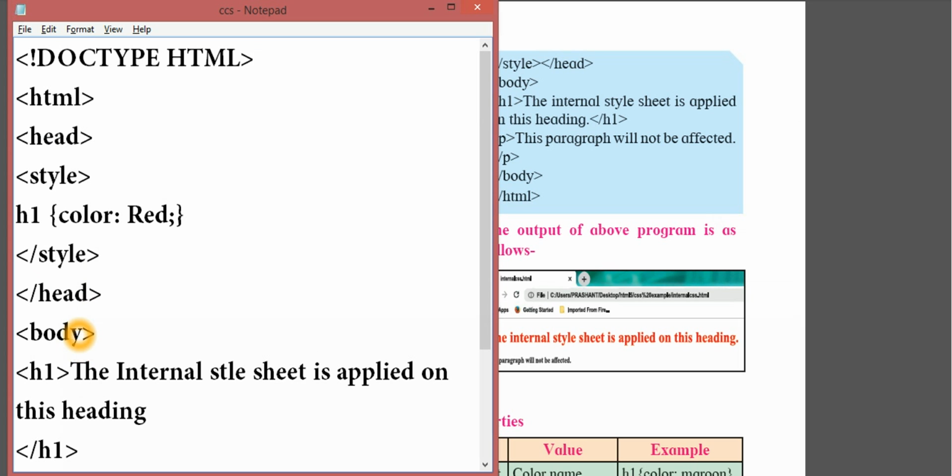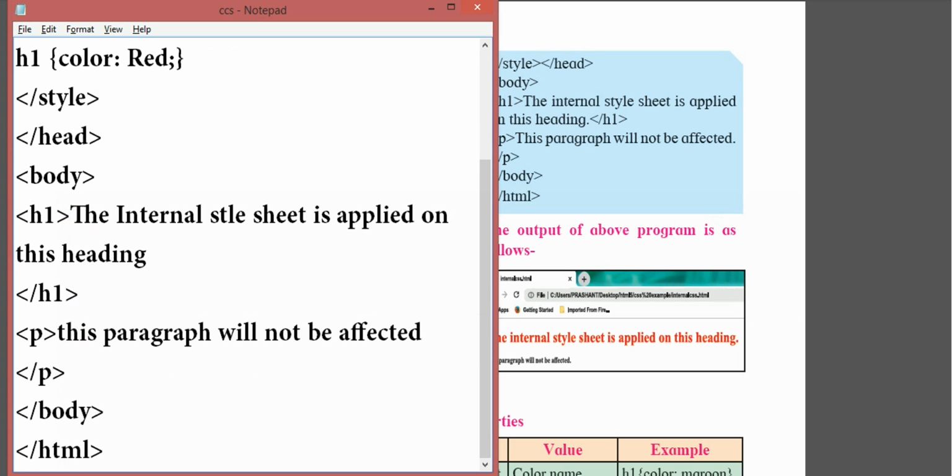Then we have the body, H1, and the internal style sheet is applied on this heading. So this is the H1. In case you write H2 here, it will be formatted as H2. I am using H1 here as per your textbook. So H1 is closed.